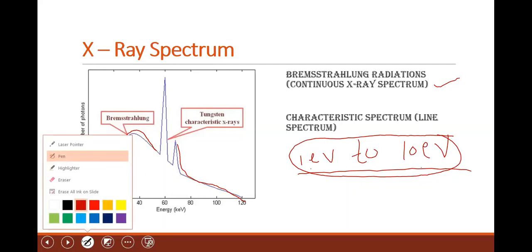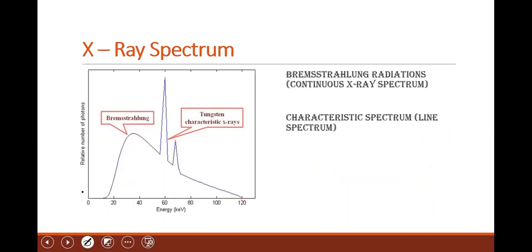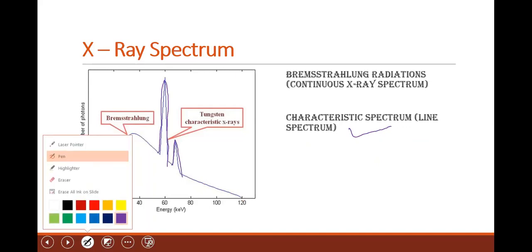And students, one more spectrum is there. That spectrum I will call a line spectrum, or sometimes it is called a characteristic spectrum. Here you see this peak is there. This is one peak, and this is the second peak. This peak represents